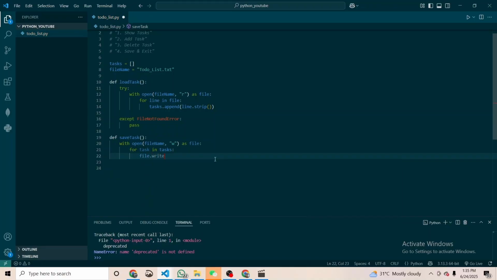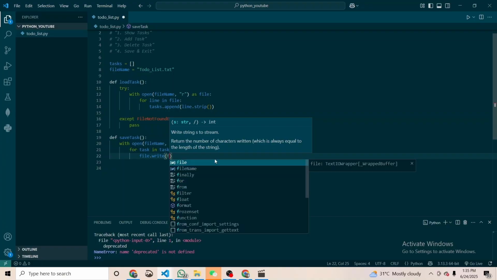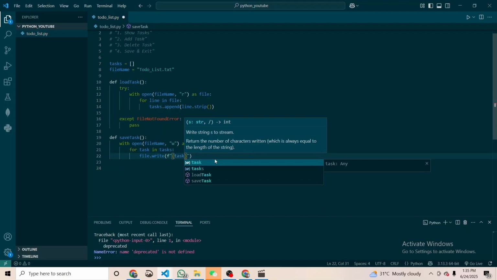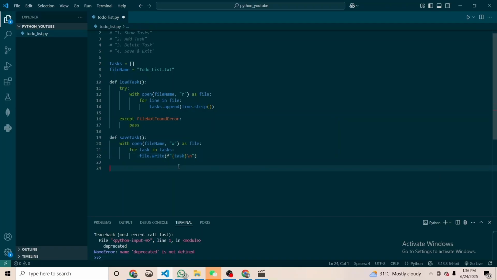to write, which is file.write, and we want it to write task. So I'm going to use an f string to pass that. The reason why I'm using an f string is because I want to have a \n so that whenever the user wants to pass in something else, it will go at the bottom and not just write it in a straight line. If I don't use this \n, it's going to write everything in a straight line. So the \n means it should pass it on to the next line. So with this, we've actually simply created